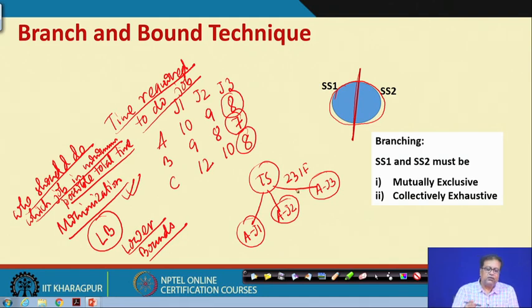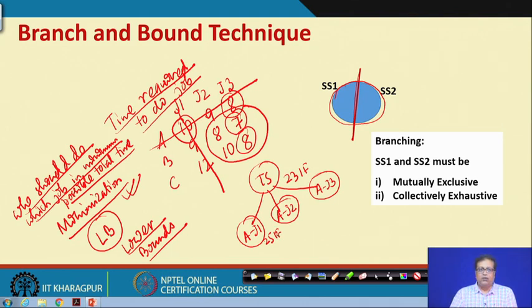Supposing A does J1, then this line is gone. That means A has to do J1. So, out of the remaining matrix, which is the lower bound? Again we have 7 and 8, so 15, and this 10. So, 25. This 25 is the lower bound, again it is infeasible. Why? Because B and C both are doing job 3. So, it is an infeasible solution.